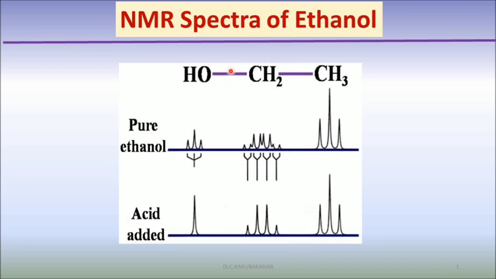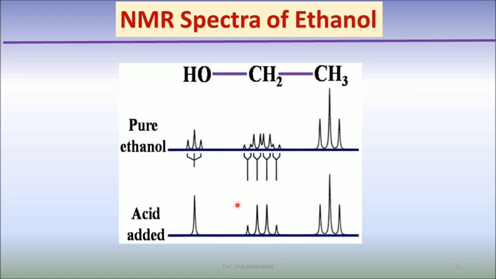Similarly, the methylene protons couple first with the methyl protons to give a quartet, and it further splits into a doublet due to coupling interaction with the OH proton. And the OH proton, on coupling with the methylene protons, gives a triplet, n plus 1, 2 plus 1, triplet